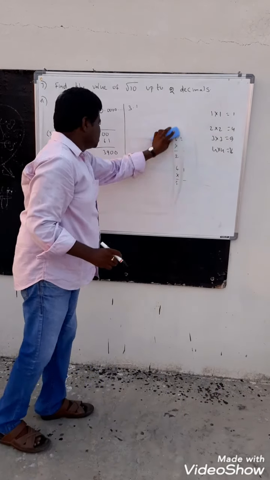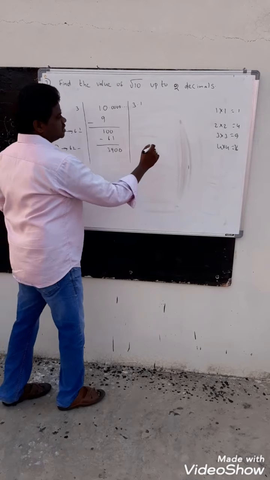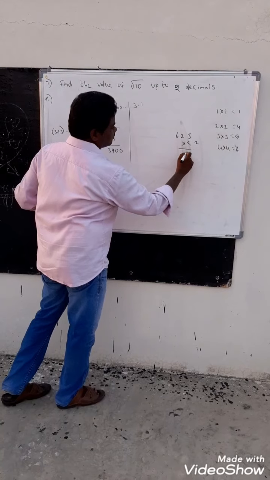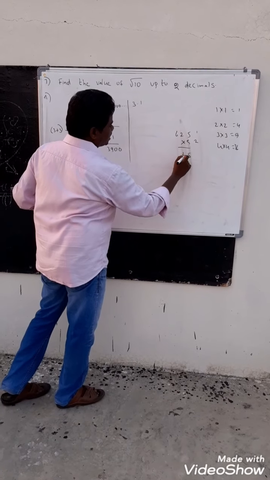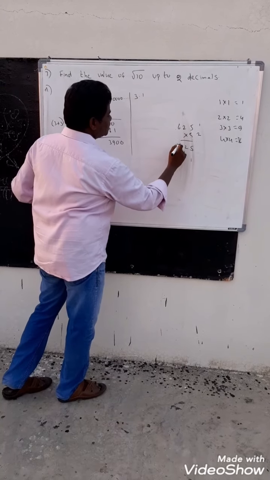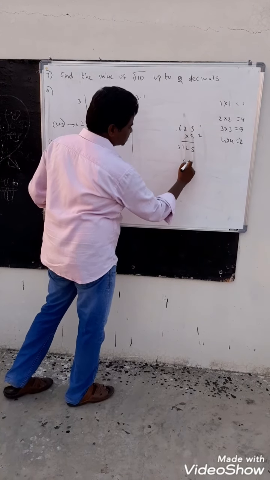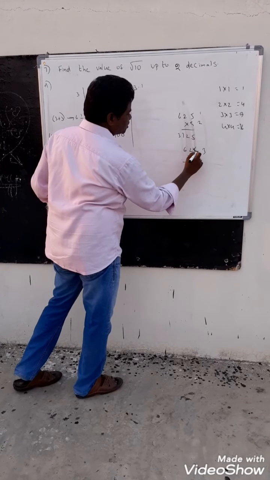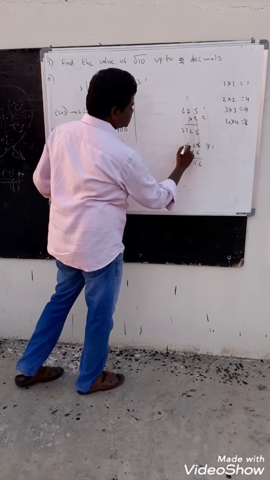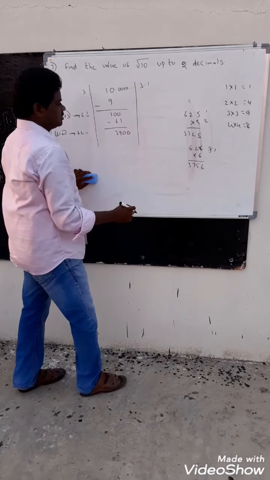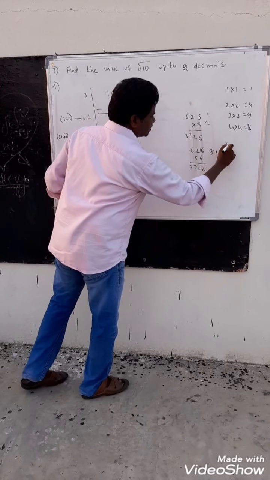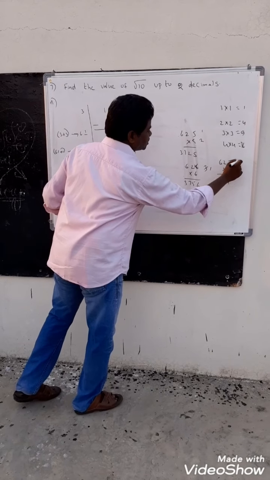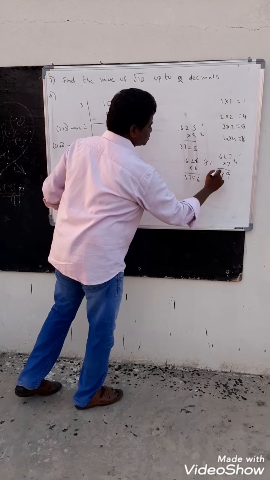So see, approximately I am taking 6 2 5. 6 2 5 into 5: 5 5s are 25, 5 2s are 10, 10 plus 2, 12, 6 5s are 30, 30 plus 1, 3125. If you place 6, that means 6 2 6 into 6: 6 6s are 36, 6 2s are 12, 12 plus 3, 15, 6 6s are 36 plus 1, 37. And if you keep 7, 6 2 7 into 7: 7 7s are 49, 7 2s are 14, 14 plus 4, 18, 6 7s are 42 plus 1, 43.